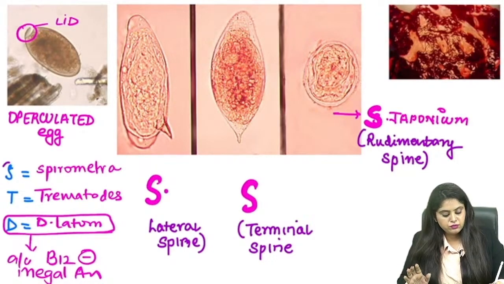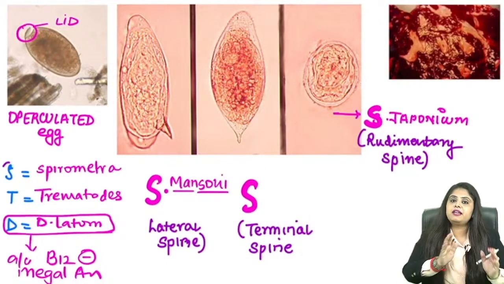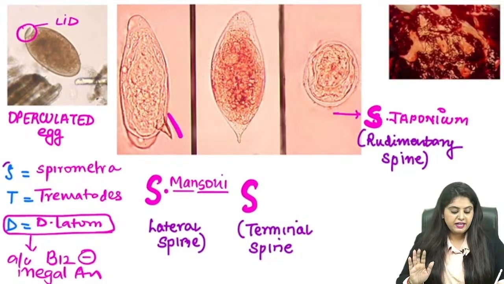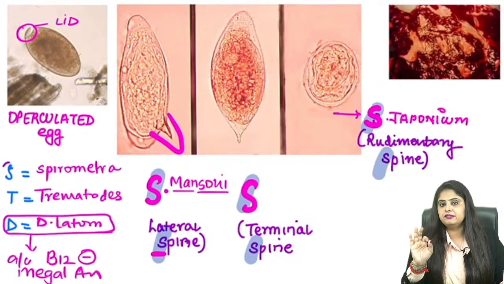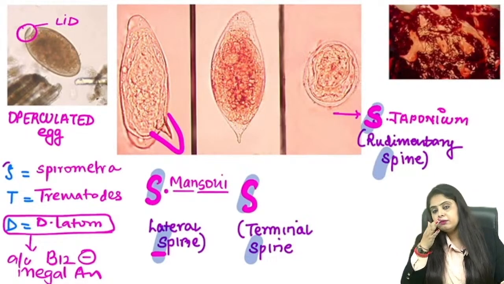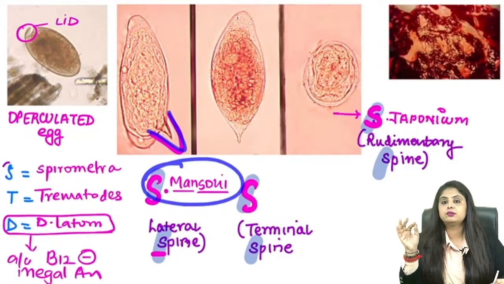One is known as Schistosoma. Which one did you write first? Ma'am, Schistosoma mansoni. Why write it? Because man is sleeping. How will a man sleep? Man will sleep on his side, okay? So on the side, a spine will be seen. The schistosomas, if you look carefully, are going to show you spines. But which kind of spine? What is the location of the spine? The lateral spine is going to be the sleeping man.